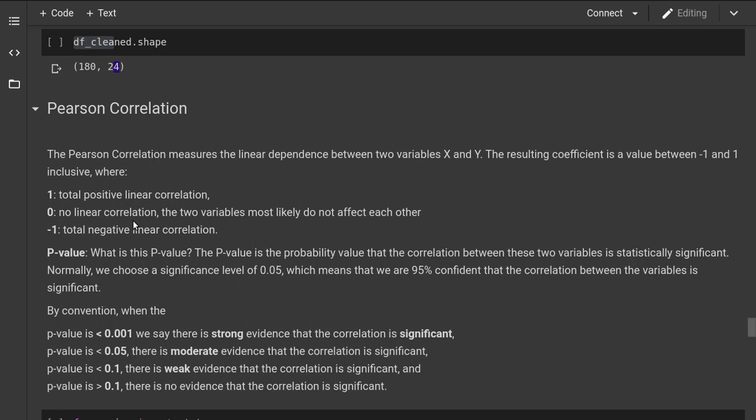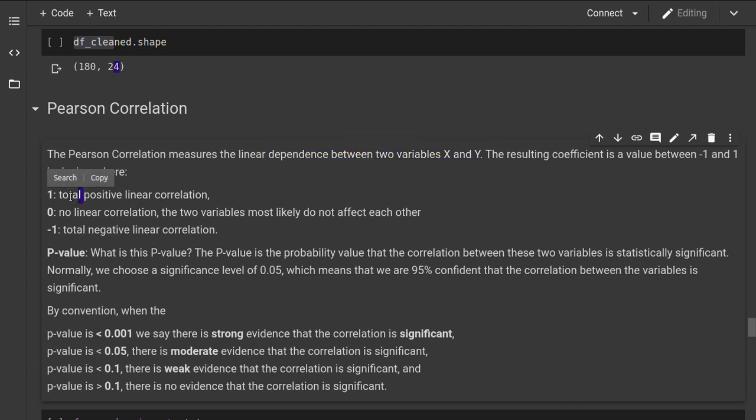Then about Pearson correlation. The Pearson correlation is used for calculating the dependence between two variables x and y. So what I did is calculated the Pearson correlation between the price column and every other column in my data frame.